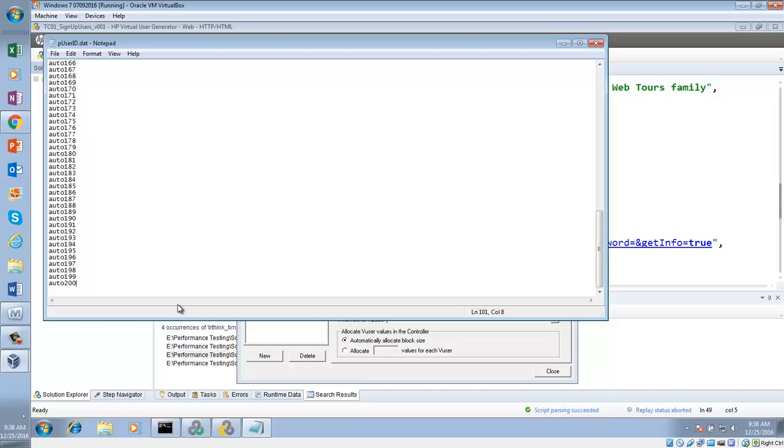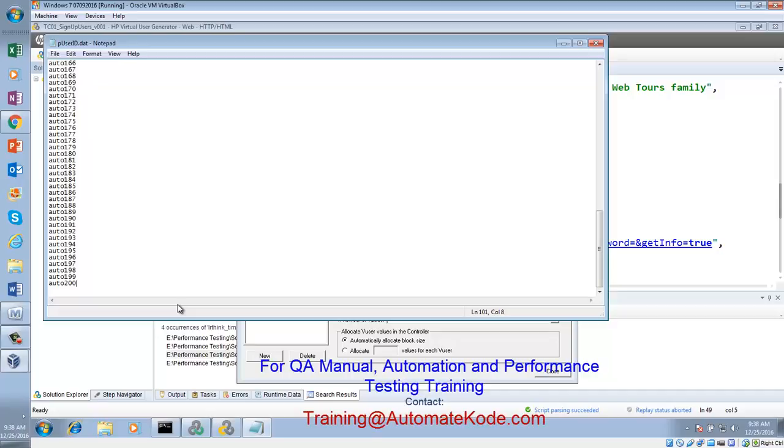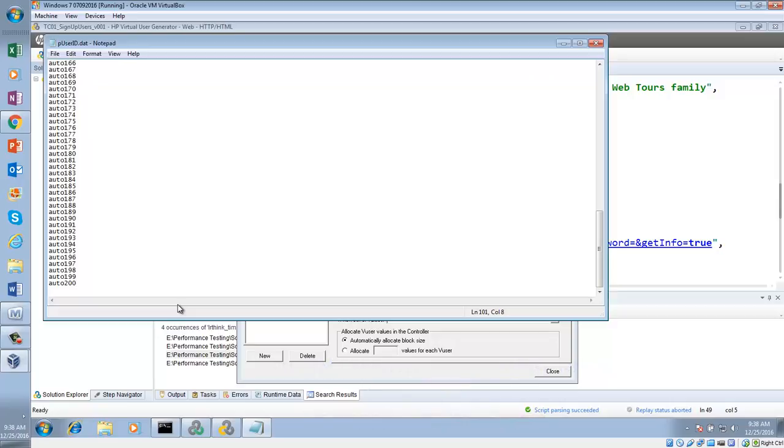Oh, I see. Line numbers. So how many lines do we have here? 101. Here our cursor is here, so what is the line number here? 1. So how many data do we have? 101.